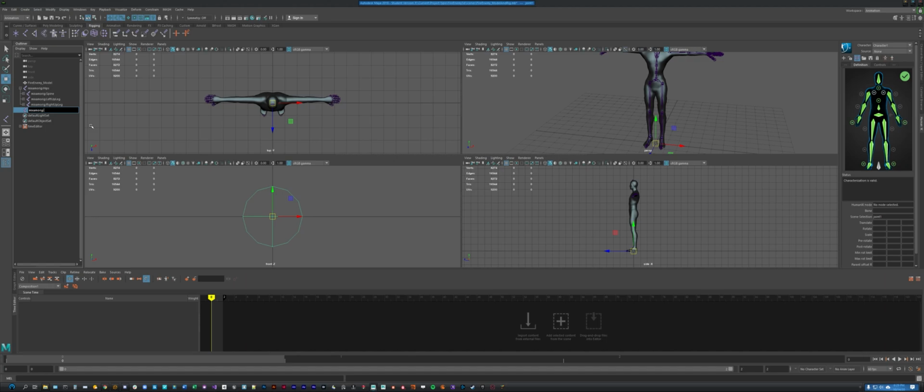Probably doesn't make a difference, but you become sort of OCD about these kinds of things, and I'm essentially calling it root. Now we're going to need to parent the rest of our skeleton to that. So I'm going to click the child first, which in this case will be the hip, which will be the entire skeleton,